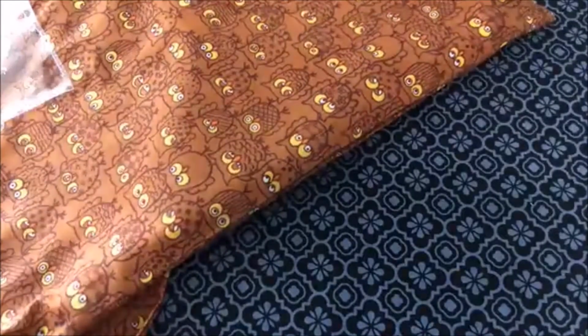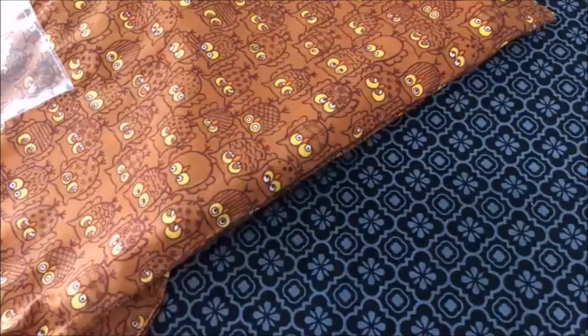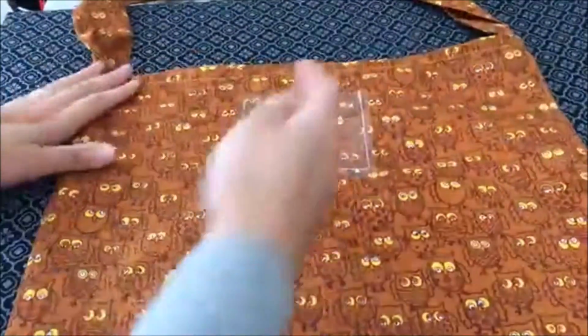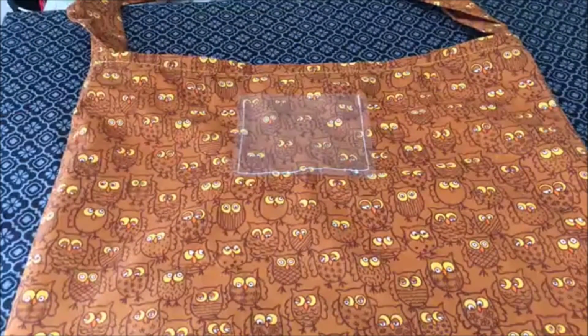book subscription called Bookaroo, where they send you 2 picture books a month. And I thought it would be fun to make a picture book size bag, because I feel like a lot of my totes that I try to cram his books into, they're too skinny. And then I'm like trying to fit them in. So, for example,